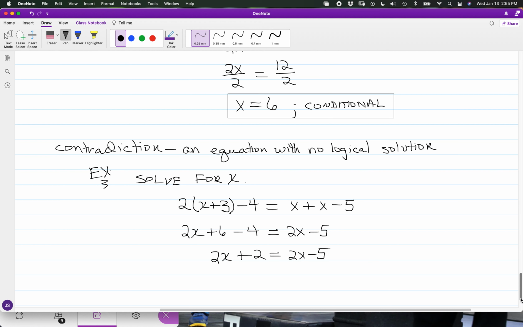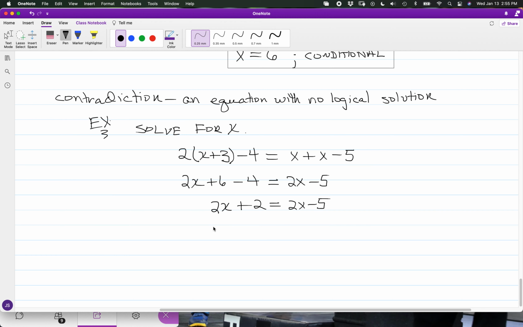If you notice, we have the same weight in terms of the variable terms on both sides. And if I join them together, so if I subtract 2x on both sides, you have complete cancellation, and left standing will be 2 numbers that are said to equal each other